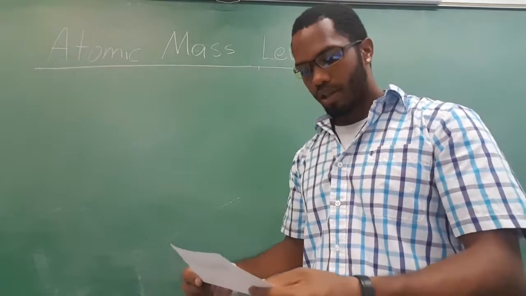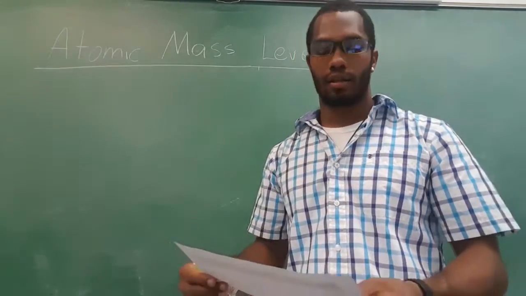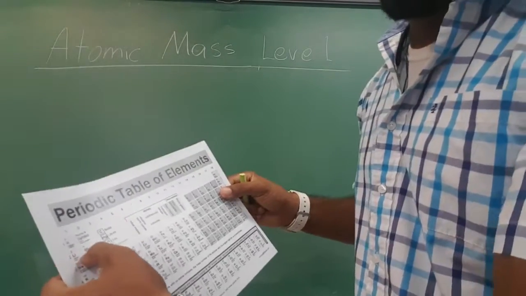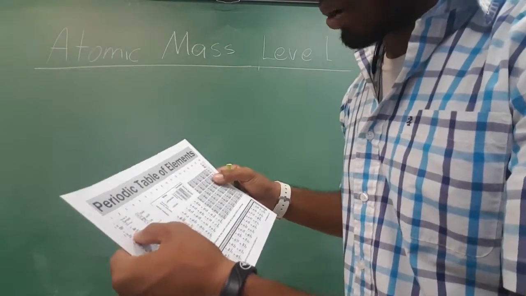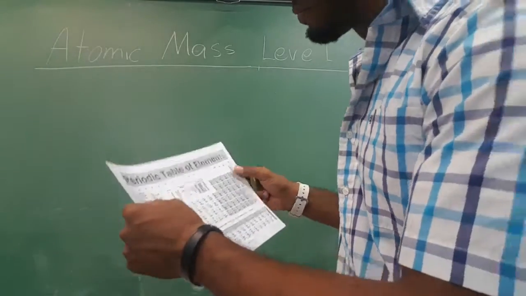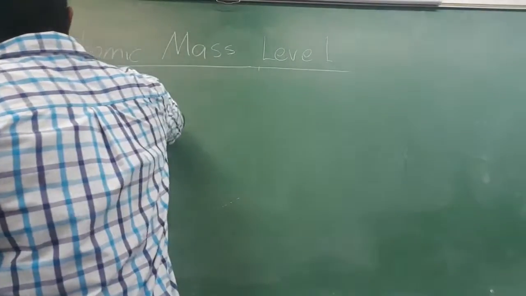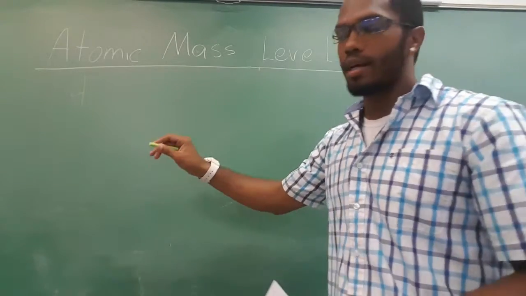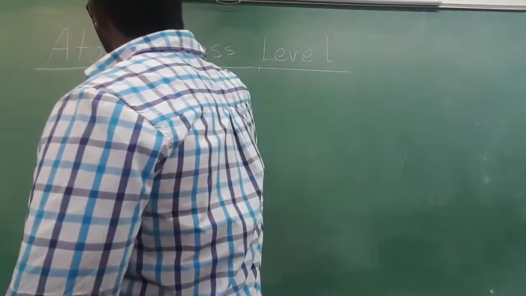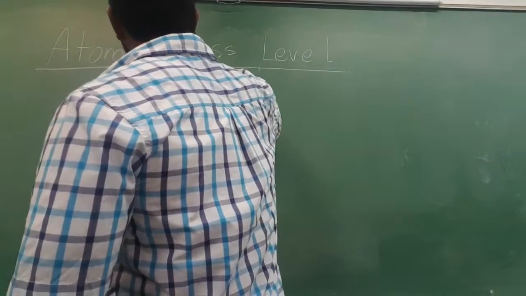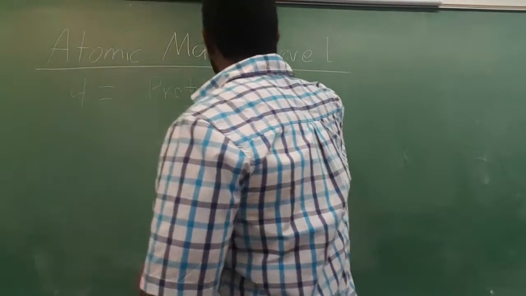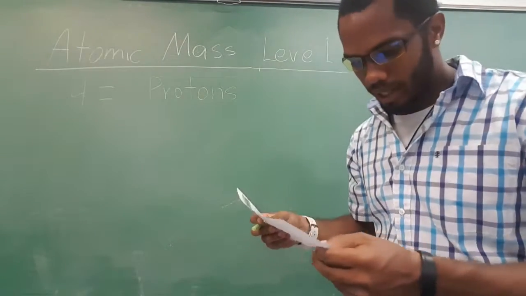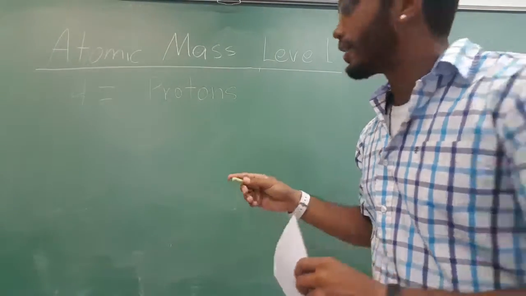So take a look at the periodic table, and we're going to look at the atomic number. This is going to be 4, so this is going to be beryllium. Now, beryllium's atomic number, as I just mentioned, is 4. Okay, so that means that it has 4 protons. So it has 4 protons, and its atomic mass